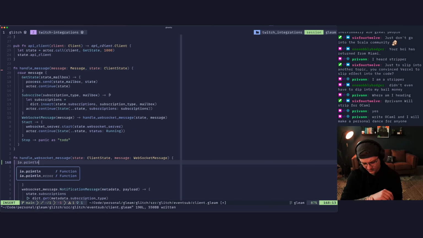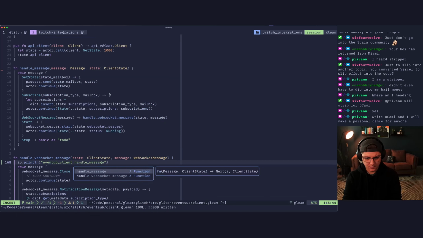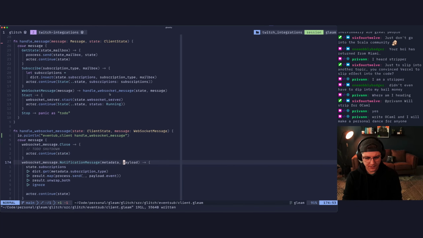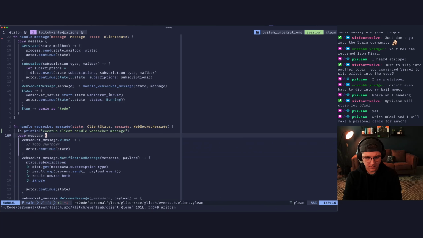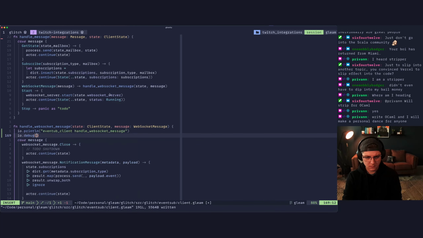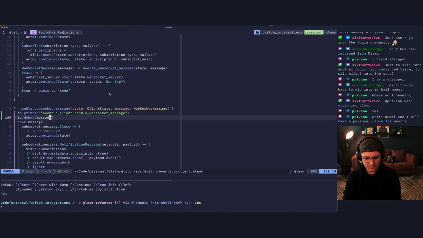Ow, my wrist hurts. This will be event sub client, and we'll just say handle message. And then I want to see, we'll do an IO debug after that and see if we're actually receiving our messages here.